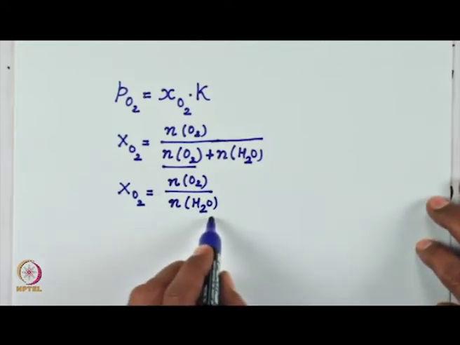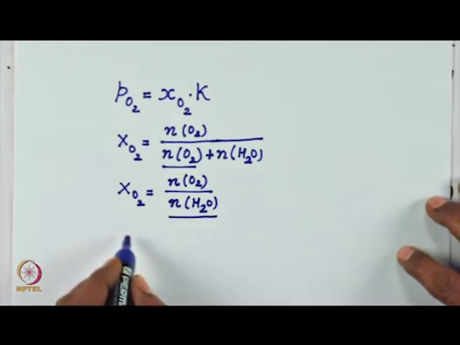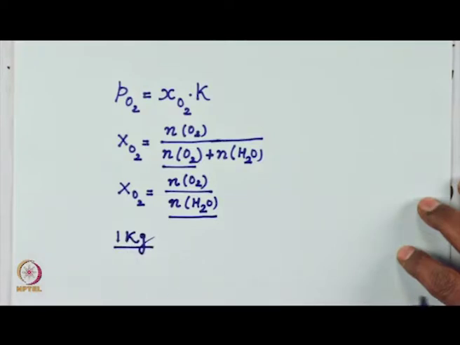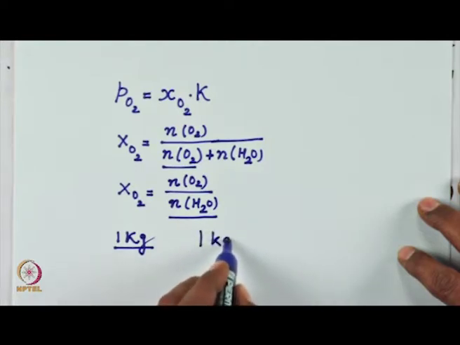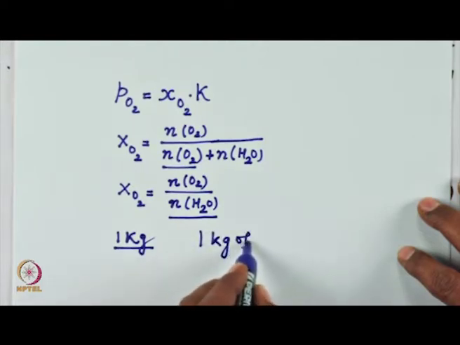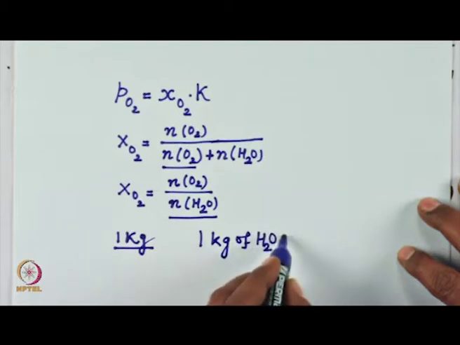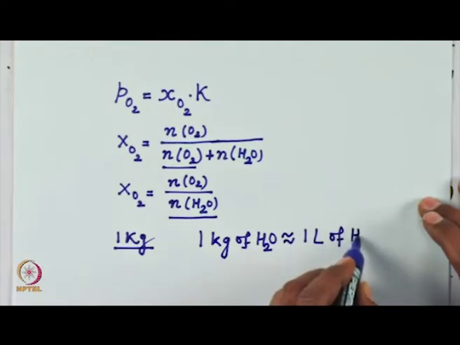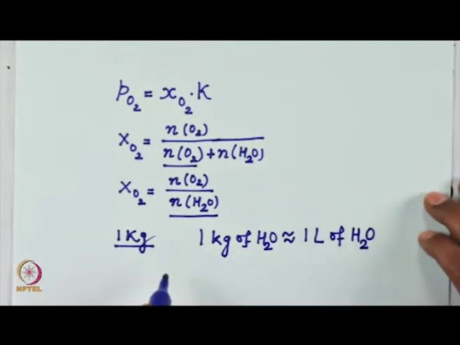I can easily calculate the number of moles of water provided I consider either 1 kilogram or 1 liter. See, 1 kg of water is approximately 1 liter of water,